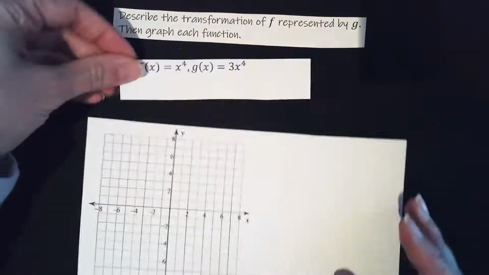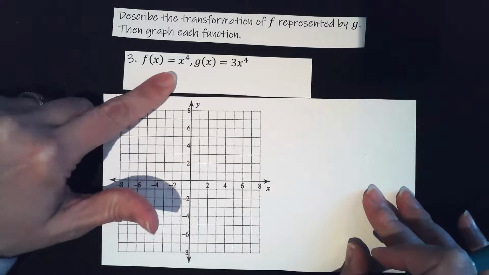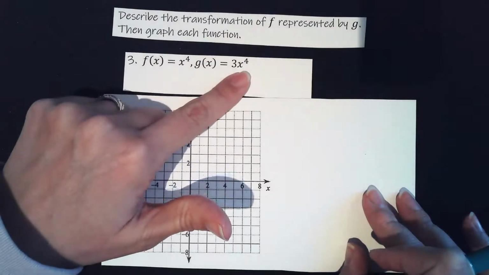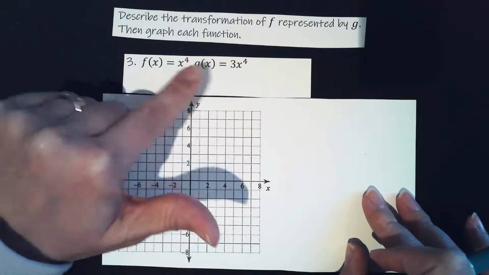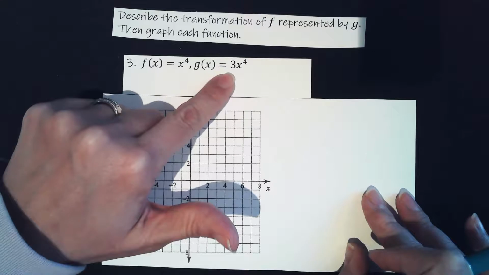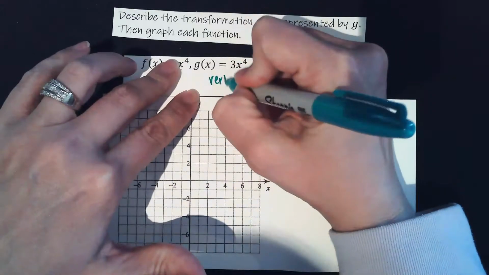Okay, so let's try problem number 3, where we are going to describe the transformation of f, represented by g, and then graph each function. So f of x is my parent function. g of x is the new graph. I need to determine what changed from the parent function to the new function. It was this 3 out front. That is greater than 1, so this is a vertical stretch